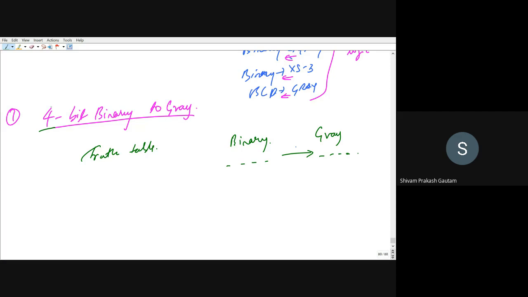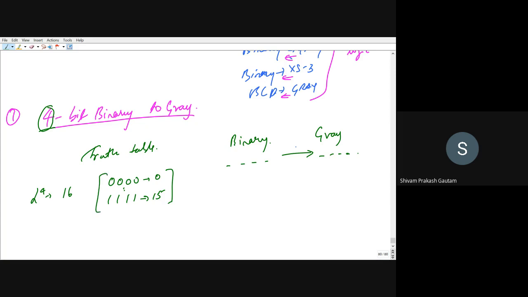So right now you can see that we want to make 4-bit binary to gray. How many combinations can we have in binary using 4 bits? That is 2 to the power 4, that is 16 combinations will be possible, starting from 0000 going to 1111. 0000 in decimal stands for 0, and 1111 in decimal stands for 15. So these are the possible combinations.